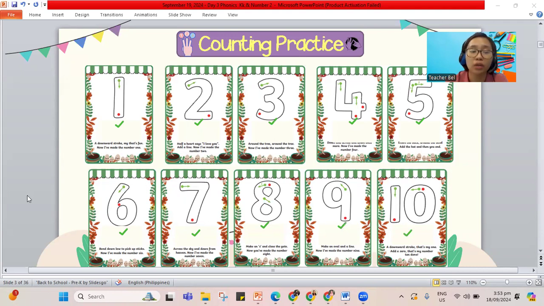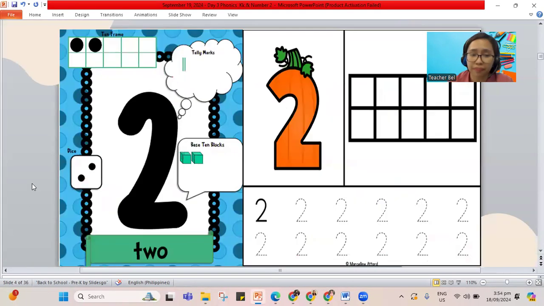That's 1 to 10. We're done already counting from 1 to 10. Let's jump to our lesson. For today, I'm going to have two lessons with you. One is for our number friend, which we should have done last week, but we didn't have the schedule for. And we're also going back to our letter K words. So first, let's do our number two.